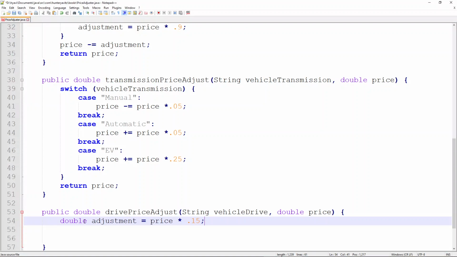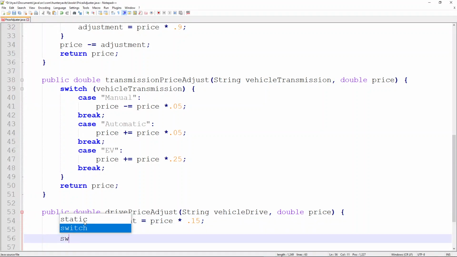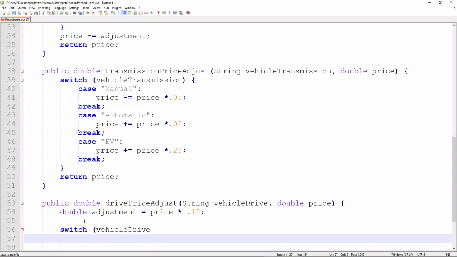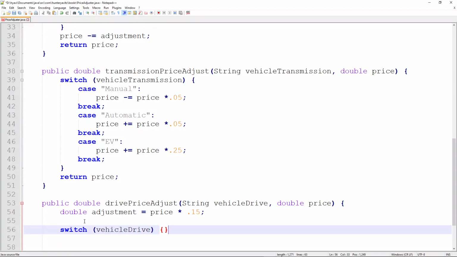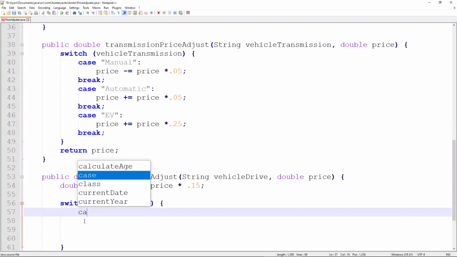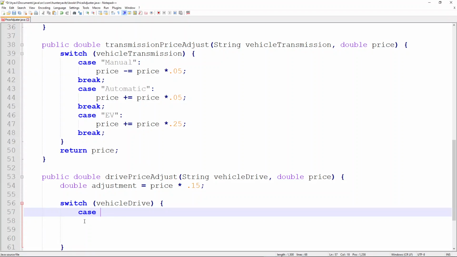And so the rear wheel drive vehicles will have no adjustments made, but the front wheel drive will give them a little bit of a discount, and the all wheel drive, we will add a little bit of a price hike there. And so now, just like the previous method, we're going to use a switch statement because this is a case selector. We're going to accept the vehicle drive as the argument, and then we're going to define the cases. So in the case that it is front wheel drive,